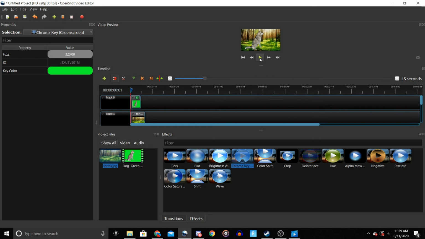So as you can see, now that this is all fixed, you can see how the green screen is working